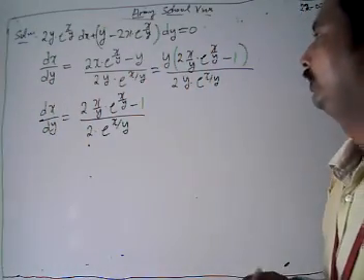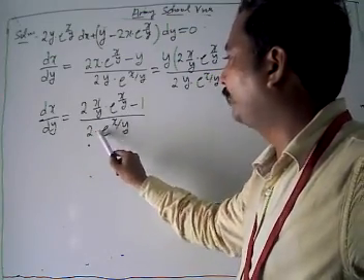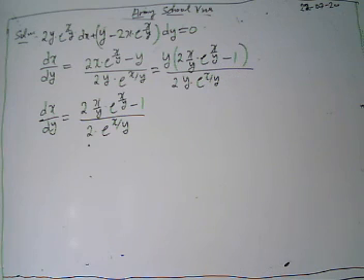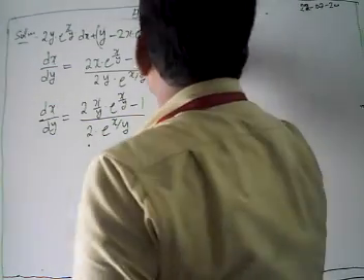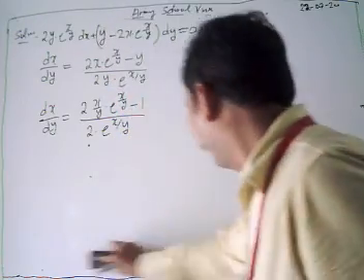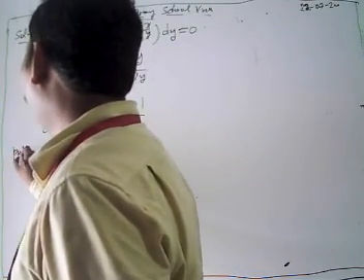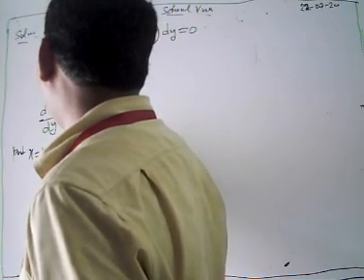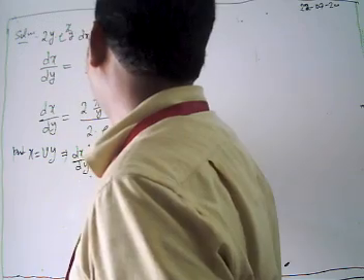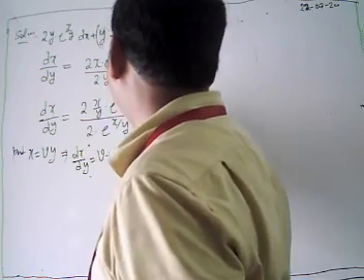Look, now it is our standard form: 2x by y into e to power x by y minus 1, over 2 e to power x by y. Then we don't need this. Now we get our standard form. Again, look, it's dx by dy. Then we have to put x equal to vy. Then what is our dx by dy? Dx by dy is given by v plus y dv by dy. Now this is our 1, this is 2.